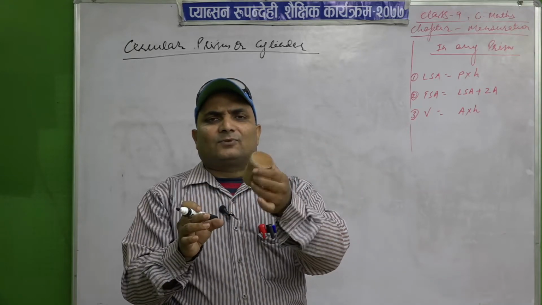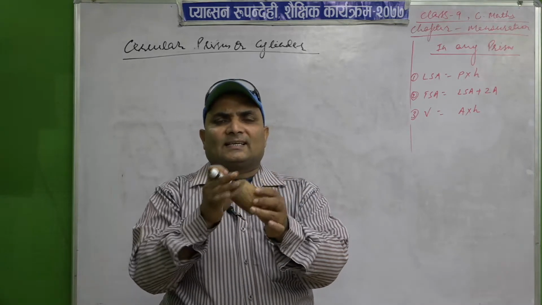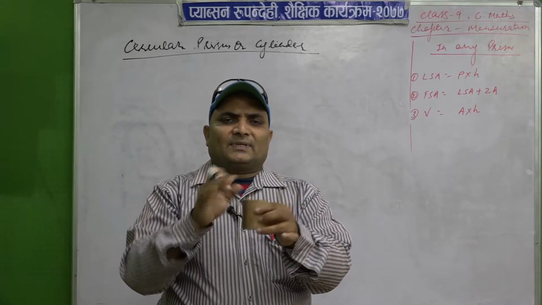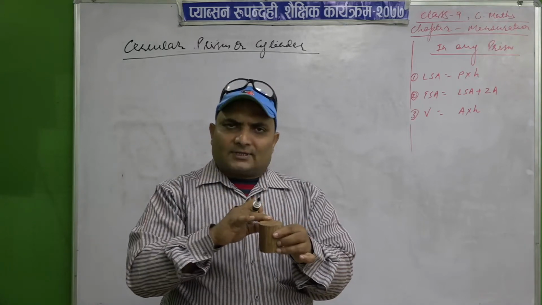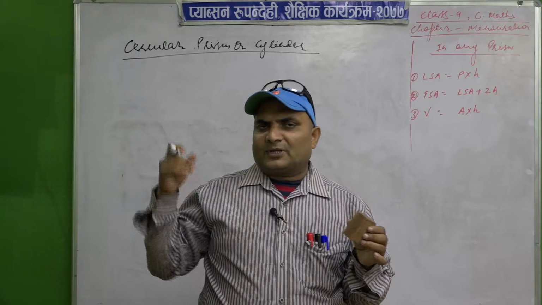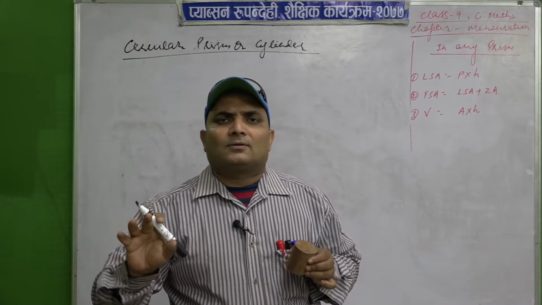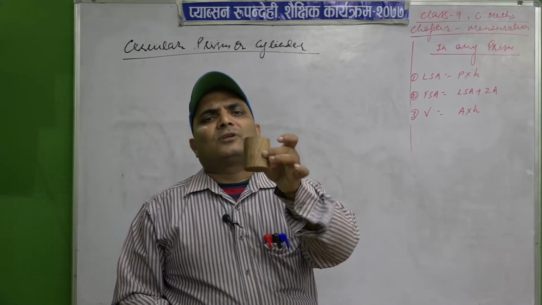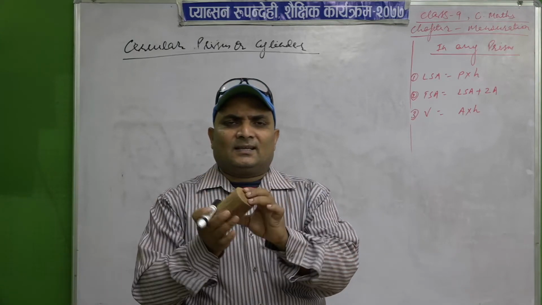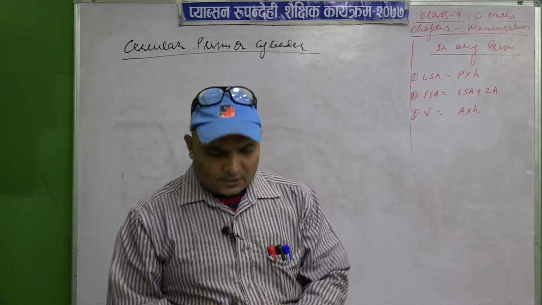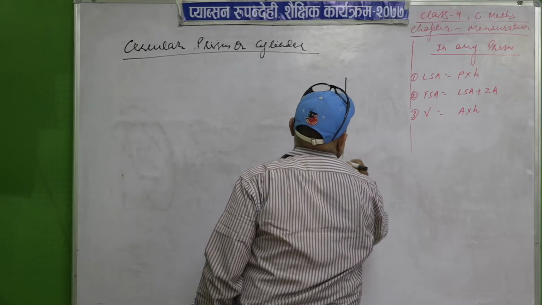We have discussed what is a prism, a solid object or a cross section having two congruent bases is called prism. The bases may be either polygonal or circular. So the polygonal based ones, what we have discussed about cuboid or cube, they are polygonal based prism, and this is circular based prism. That's why it is called circular prism, and generally we say it a cylinder. So now we are going to find out cylinder. So make here a cylinder.